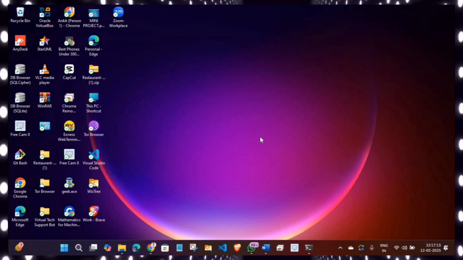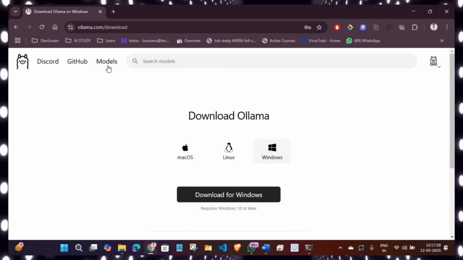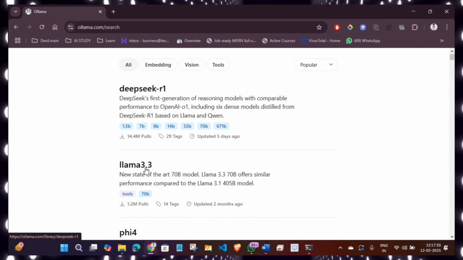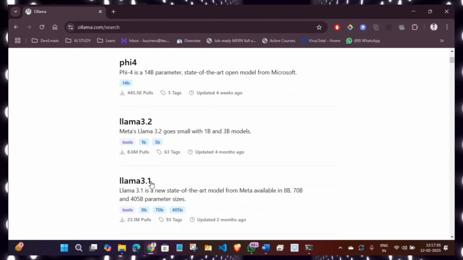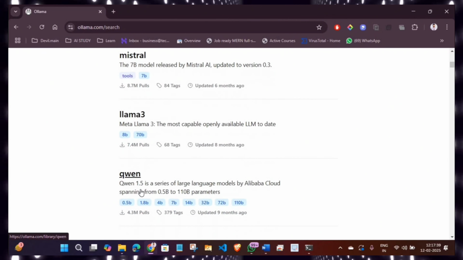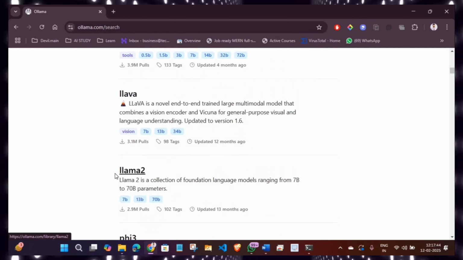So now we are going to download models. So just open it, and here click on models. Here you can download several types of models for your niche and according to your use, and here you can explore DeepSeek R1, Llama 3.2, and many more models like Mistral, Llama 3, Qwen 2, Qwen 2.5 and Llama 2.